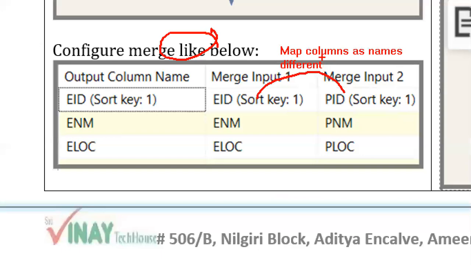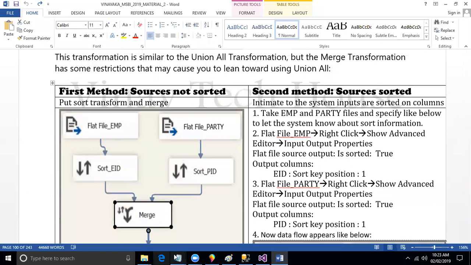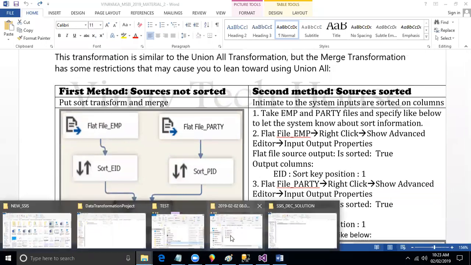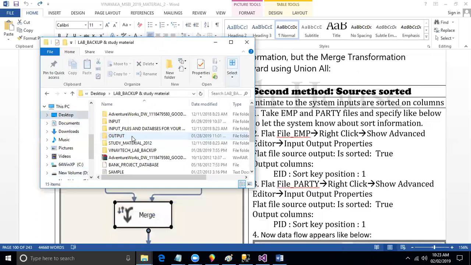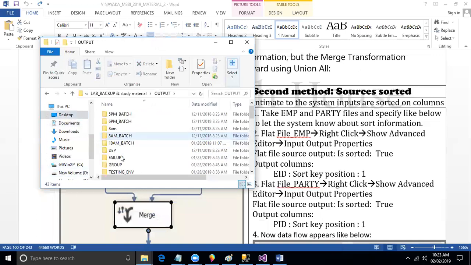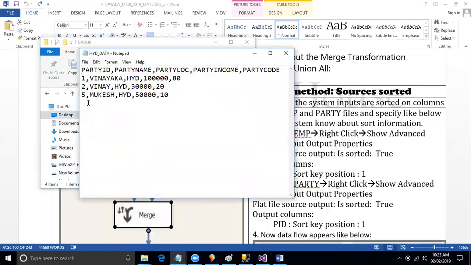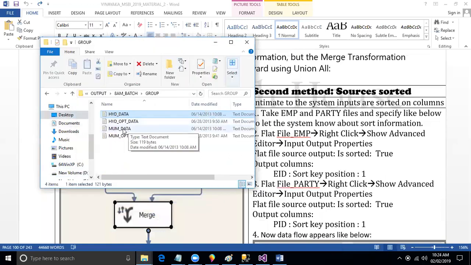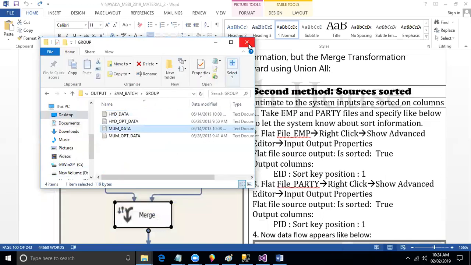Shall we? No. So what if the sources are already sorted? Take this. Desktop, lab backup, output folder, ATM batch, success. Group. Assume Hyderabad data is already sorted, 125. Mumbai data sorted, 3620. Then if the sources are already sorted,